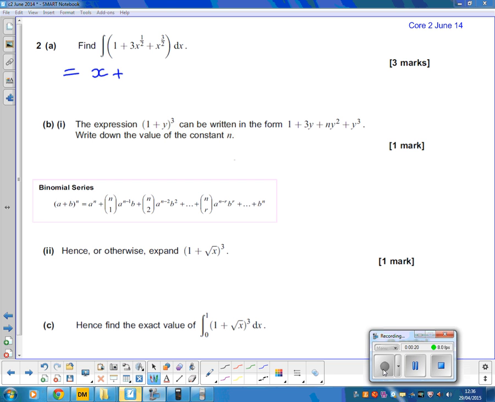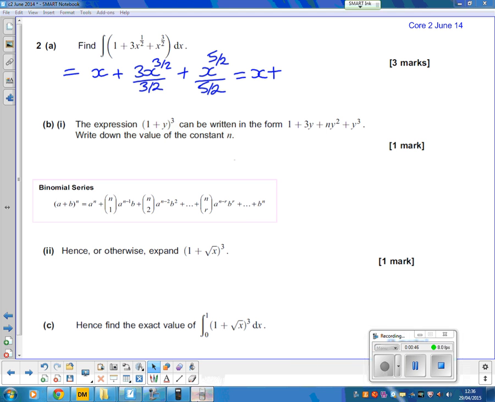Now we're going to integrate 3x to the half, so increase the power by 1 and divide by the new power. Then we're going to do the same with x to the 3 over 2. 3 over 2 plus 1 is 5 over 2, divided by 5 over 2. For this question, you didn't actually have to simplify, but if you do, you want to make sure we get it correct. So that's x plus, now if you're not sure how to do 3 divided by 3 over 2,